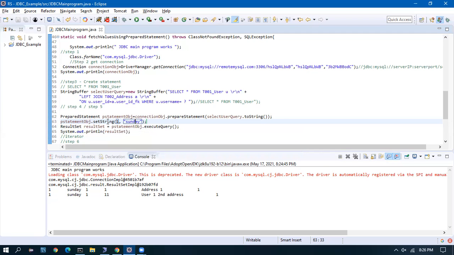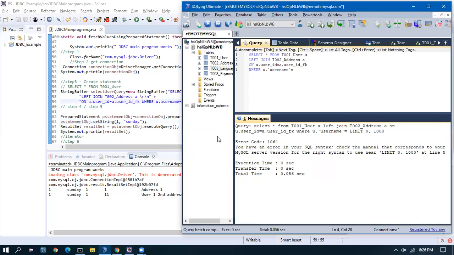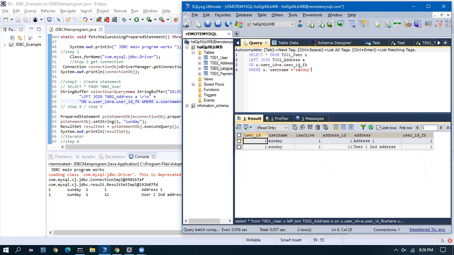And this is how we set the input value. Suppose we have multiple input values. I'll take one example. So I want to filter the records which have username Sunday and address. Rajesh, in this real-time scenario, in any project, wherever we want to update any table, this is the same thing we do, right? Correct. Okay.